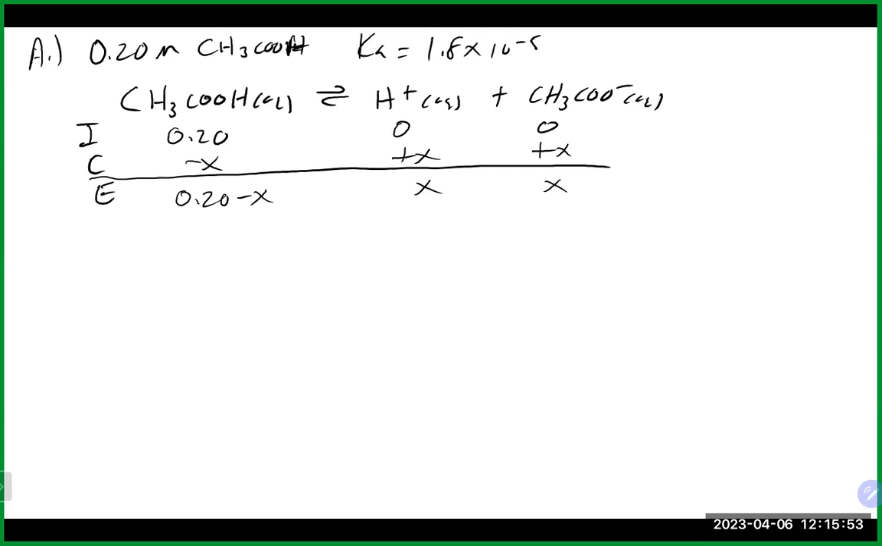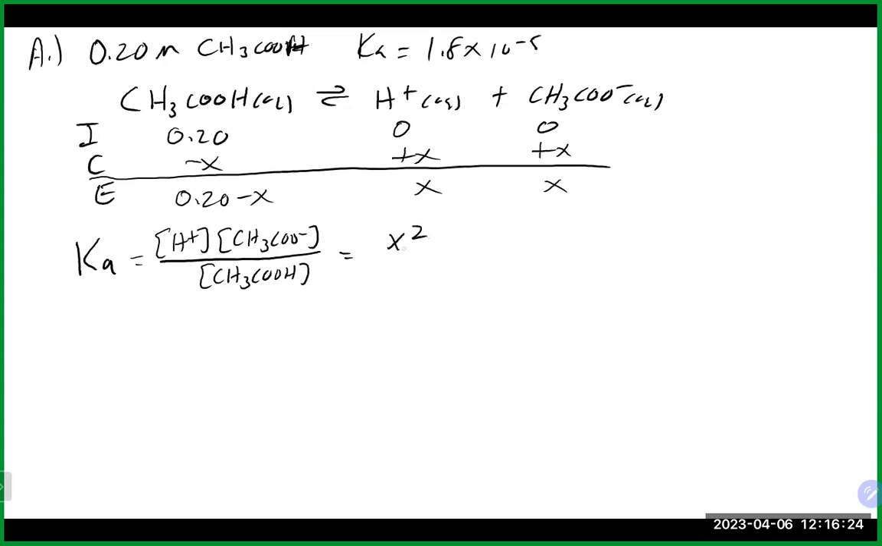Normally here, we will go into our Ka expression. I feel like it didn't write up there, did it? There it is. It was like a dramatic pause, I guess, on the writing part. All right, it caught back up. We're going to go into our Ka expression here. And again, that would be our products over our reactants. So putting in our values, we'll get X squared divided by 0.2 minus X equals 1.8 times 10 to the